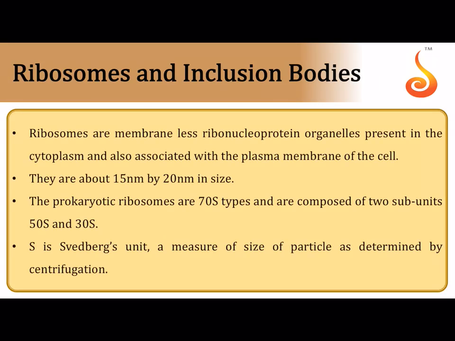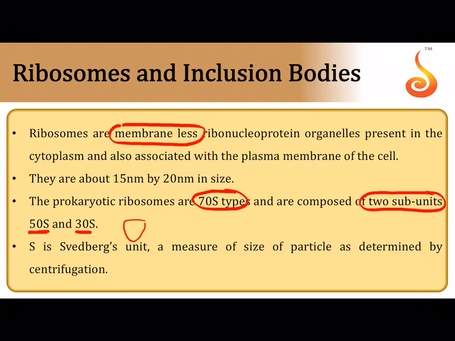Ribosomes, as you all know, are structures which do not have a membrane attached to them. And you know that ribosomes have 2 subunits in them. If you take the ribosomes of prokaryotes, they have a smaller 30S subunit and a larger 50S subunit. So if you imagine the larger subunit to be a structure below like this, the smaller subunit will fit onto it like a cap-like structure. So this larger subunit in the case of prokaryotes is referred to as 50S. In case of eukaryotes, it is referred to as 60S.